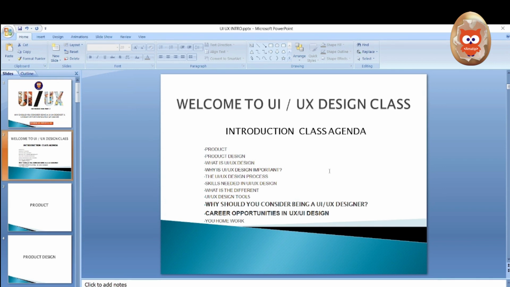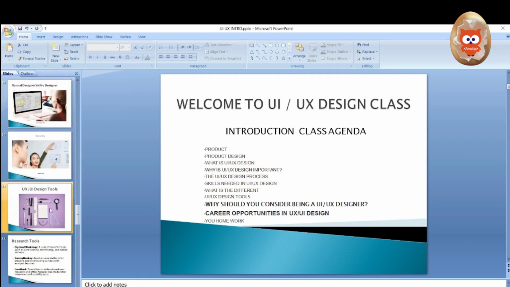We also covered the difference between the normal UIUX design and the professional UIUX design, and UIUX design tools. But now we'll be talking about why you should consider being a UIUX designer and the career opportunity in this area of specialization. So let's dive in.